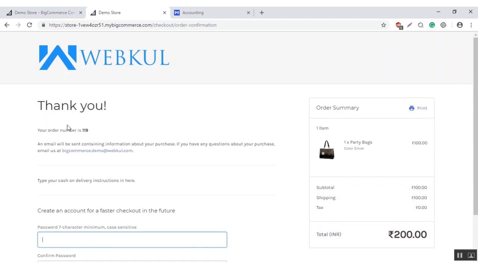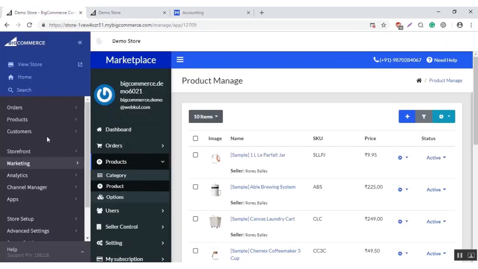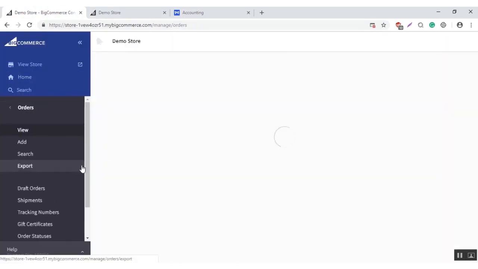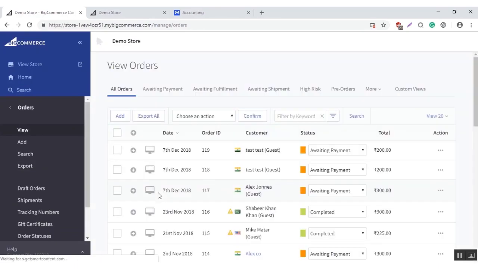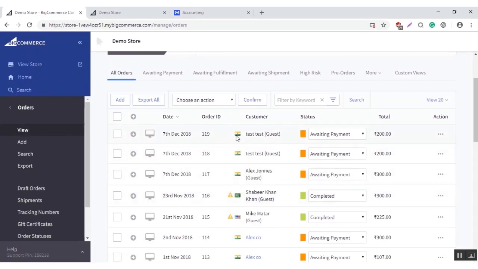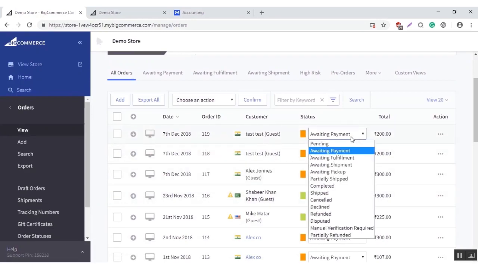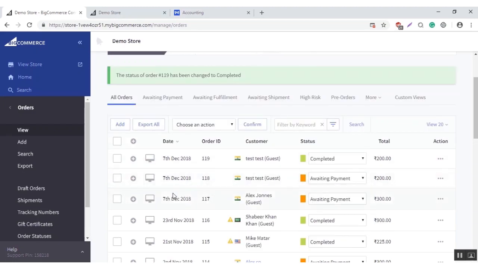So let us see what happened at the back end. Go to orders. So here you will find this order. As the customer has chosen the cash on delivery option, it is awaiting payment. Once the order is completed and the admin chooses it as completed,